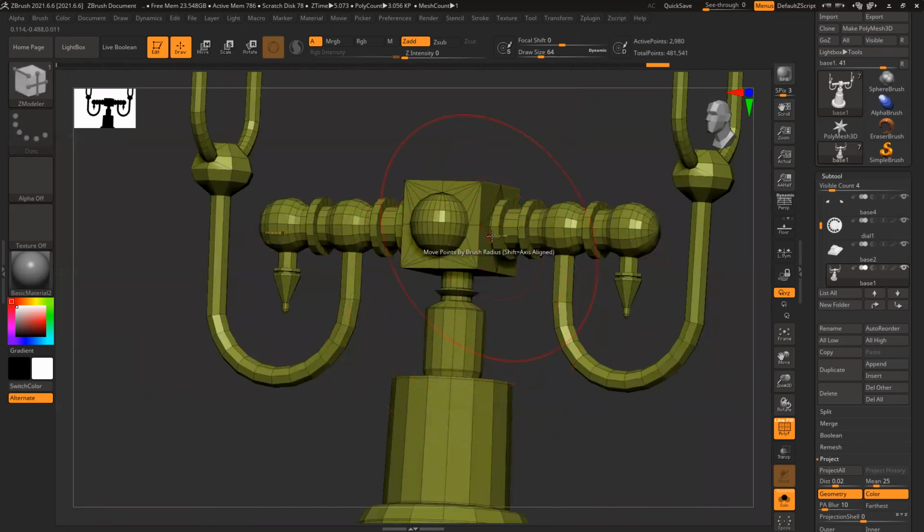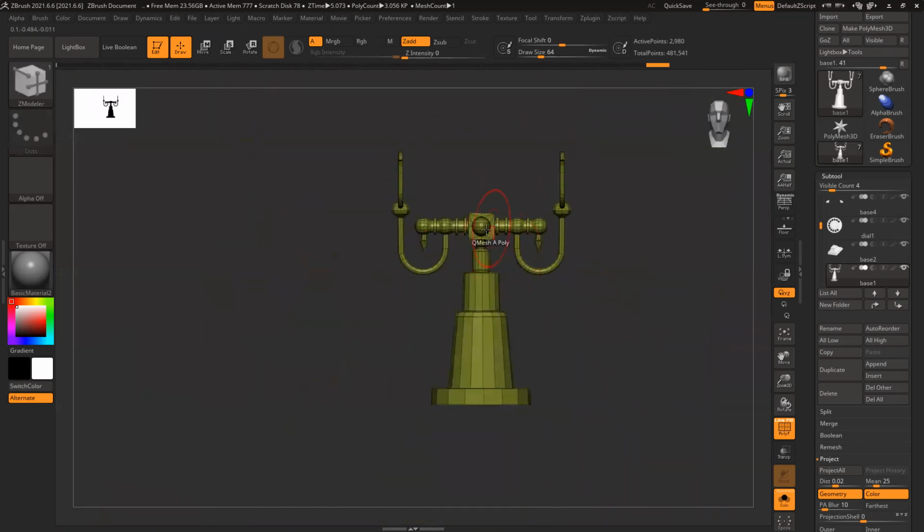Let's see if symmetry works. Okay. So you can see the model symmetry doesn't work. Symmetry is wrong, right? It's not working. You can see symmetry going outside the model. It's creating an issue. The reason is right now it's in world symmetry. So to bring it back to local symmetry, you have to switch on this option, local symmetry. Now it will work without any problem.